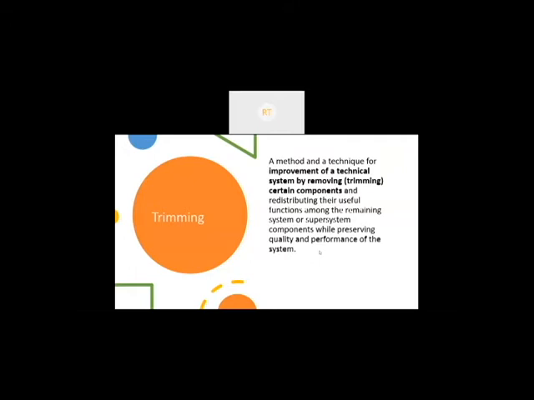Now, at this point of time, I would like to introduce you to the concept of ideality as discovered by Altshuller. Altshuller has a very clear definition that an ideal system is no system. The function should happen all by itself. The function should be delivered. I should not need a system to perform the function, and that would be an ideal system.